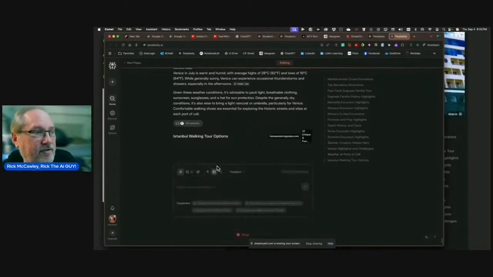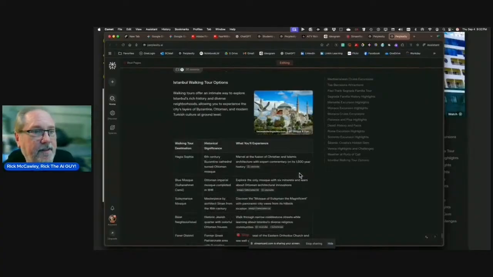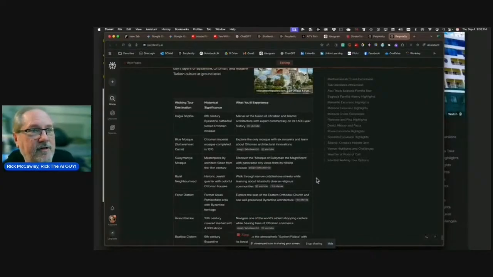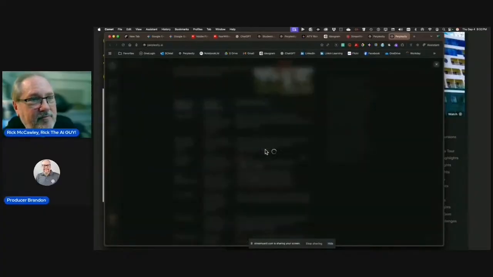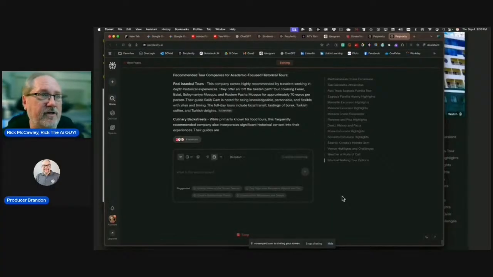Now you're watching it real time, right? Hagia Sophia, been there. There's the picture, right? And what you'll experience. And there's everything. There's a YouTube video, right? So what do? Best things to do in Turkey. Going to go right over there and launch that video. And it's still working, obviously.